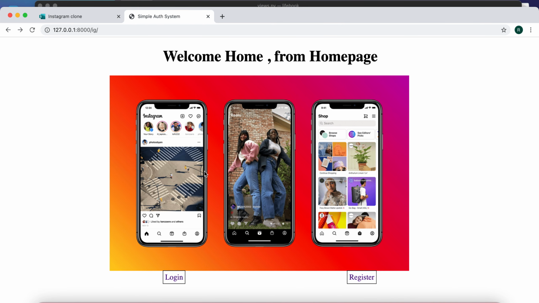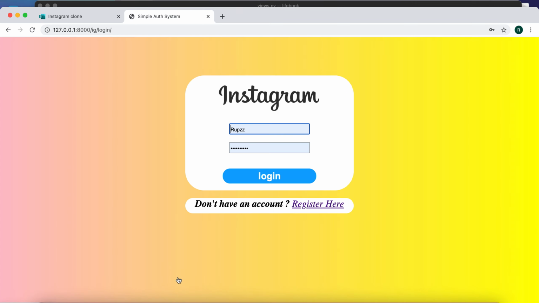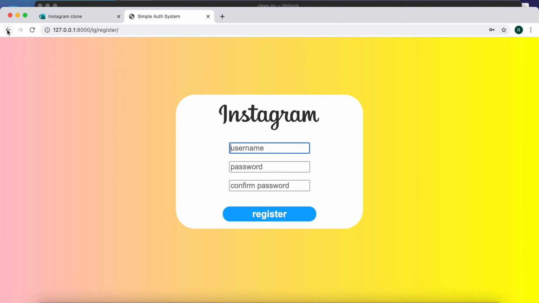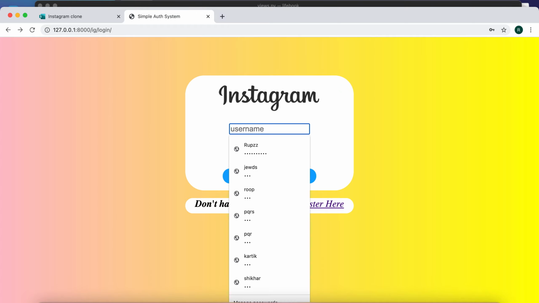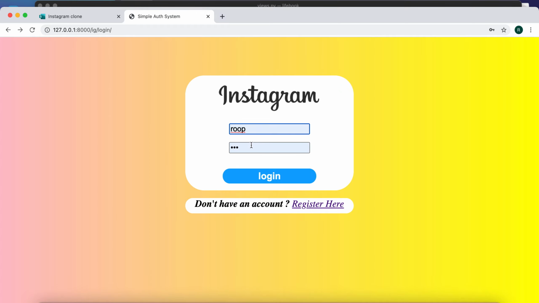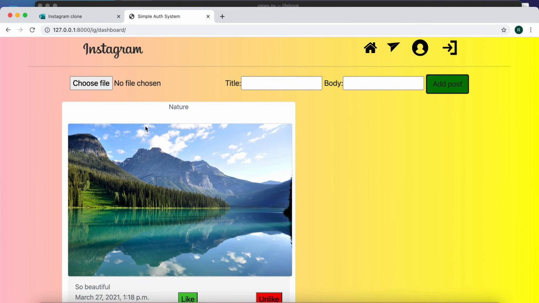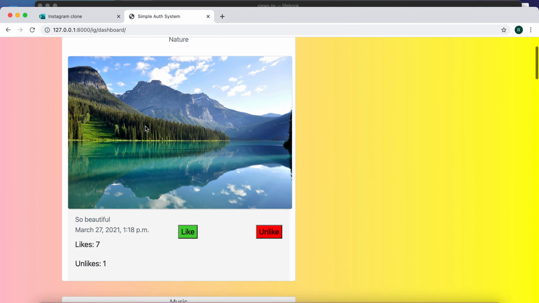So this is the index page, and here you can go to login or go to the register button. So let me go to login over there, and here also you can go to the register button this way. And since I already have the account, let me log in through that. And after login I will be directed to a dashboard page, and here you could see that I